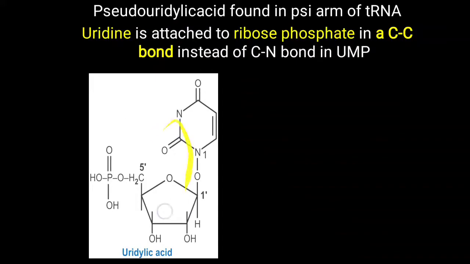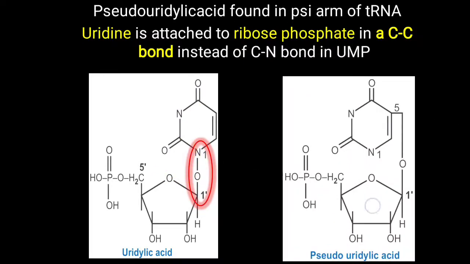Normally this UMP, uridine monophosphate, is formed over the ribose sugar, where the second carbon contains a hydroxyl group, so it is ribose sugar, ribose phosphate. Over that, normally the first carbon of the ribose sugar is attached to the first nitrogen of the pyrimidine ring structure. Here 2,4-dioxopyrimidine indicates uracil. Now instead of that normal CN bond, meaning N-glycosidic bond formation, there is a CC bond formation, and that is simply called pseudouridine. So with the same ribose phosphate, instead of the normal CN bond, there is a CC bond formation, and that is called a pseudouridine.